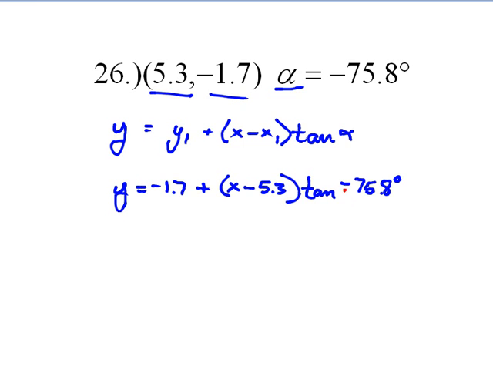And don't forget that negative. It's going to be very important for you. So when we do a little bit of our algebra, we have negative 1.7 plus